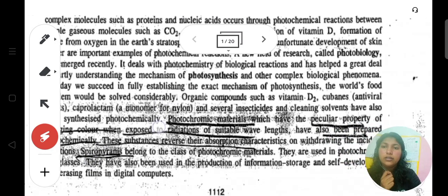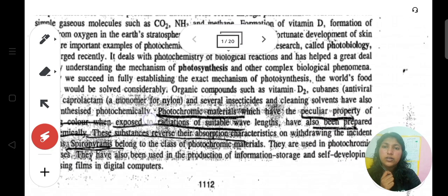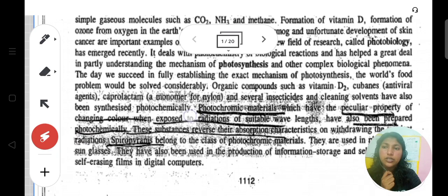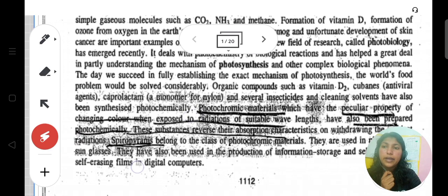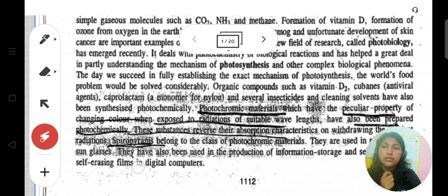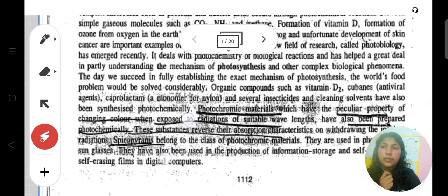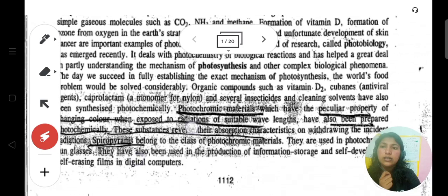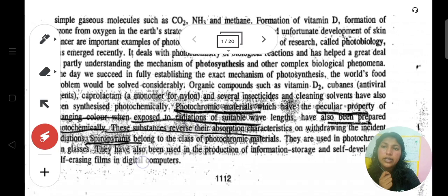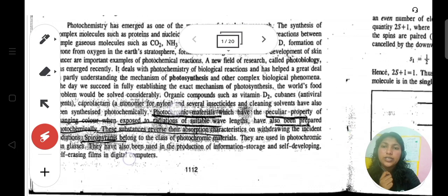Spiropyrans belong to the class of photochemical materials. They are used in photochromic sunglasses. They have also been used in the production of information storage and self developing